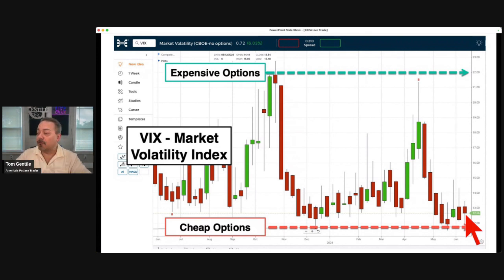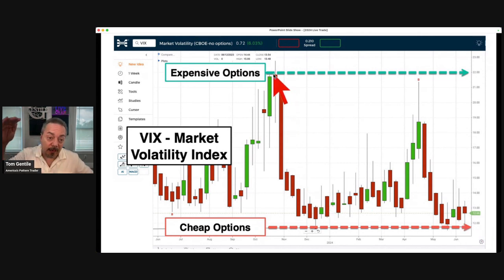Now, if you take a look at this, this is the VIX as of earlier today, trading around 12.66. That's pretty cheap compared to where it was. Now this is a weekly chart going back, so if you look at it, it's 2 years. You take a look at where it was back in April, and you can see in April it was at 21. And all of a sudden now, as we're in the middle of June, it's 12.66. It's almost half price. In fact, it is half price from where it was back in October and November.